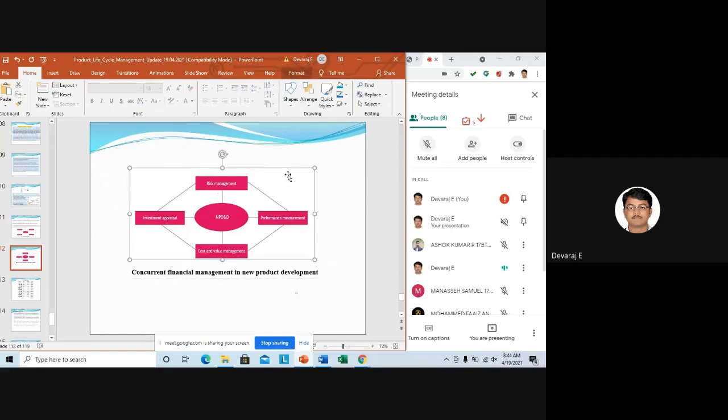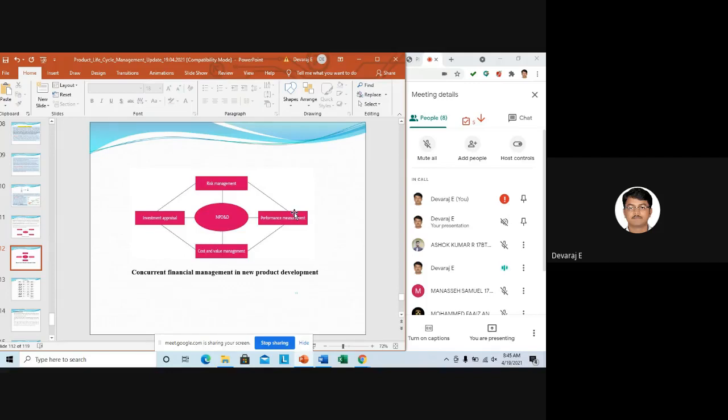See, risk management is nothing but whenever you go for a new product development, always the company will be under risk, right? If you go for a new product development or new product, always the company will be under risk. So that's called as risk management. So the company should take the risk for developing a new product. Always the company will be under risk because they'll be investing the cost for a new product development for all the phases. If you take a new product from the design part to the manufacturing of a product,